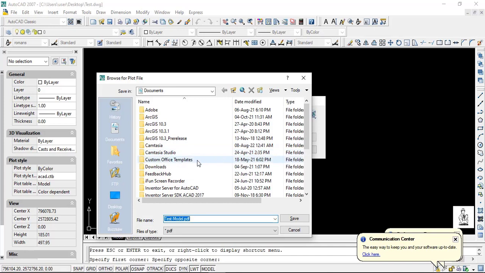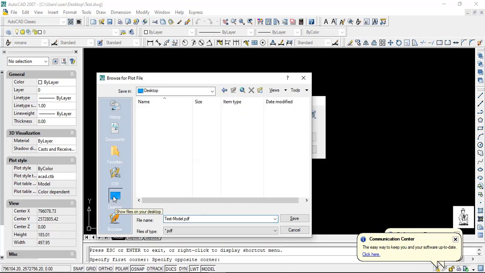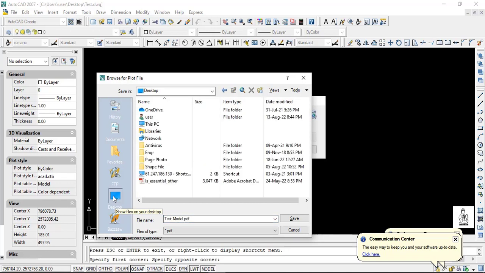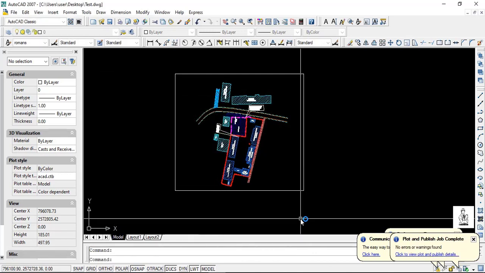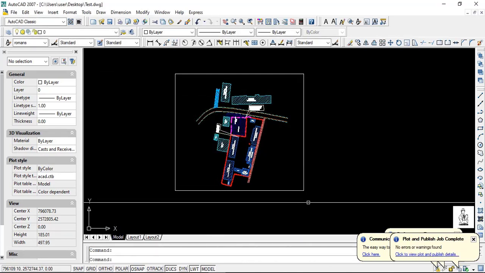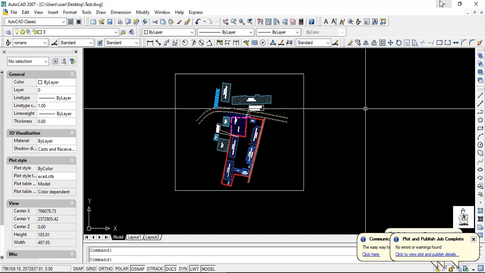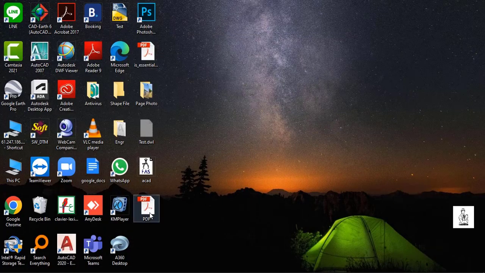Then select the folder where you want to save it. I want to save it on the desktop, so I select it, and here if we want to give any name, then right here I write PDF, then click the save option. After that, we can show our PDF